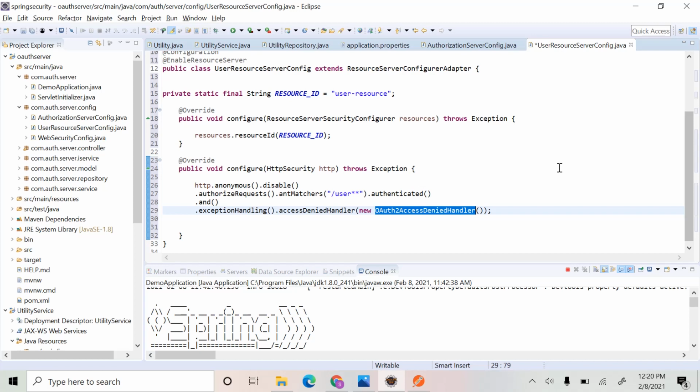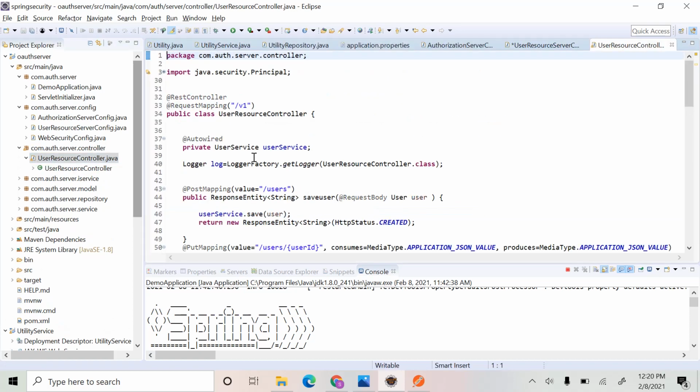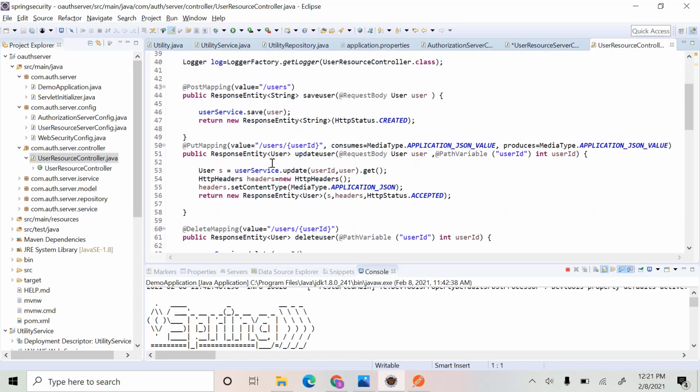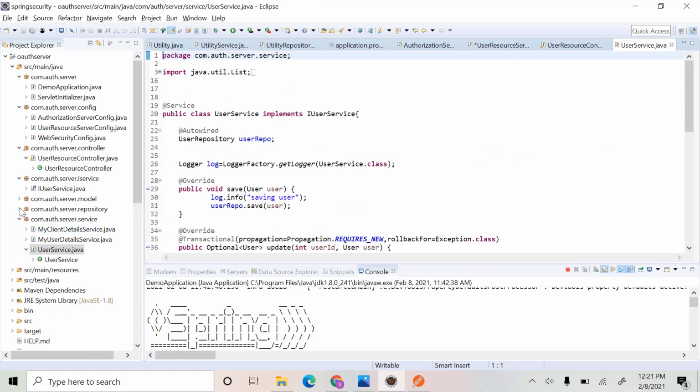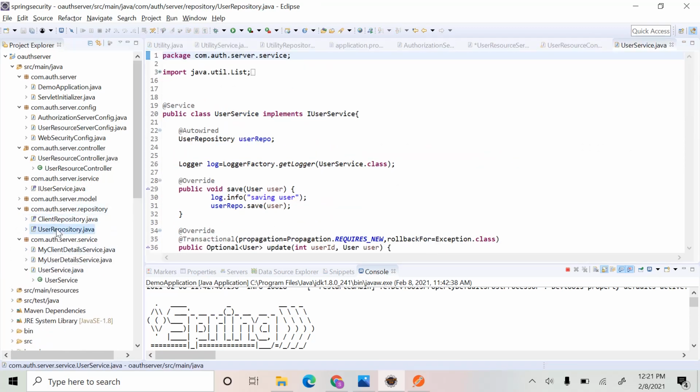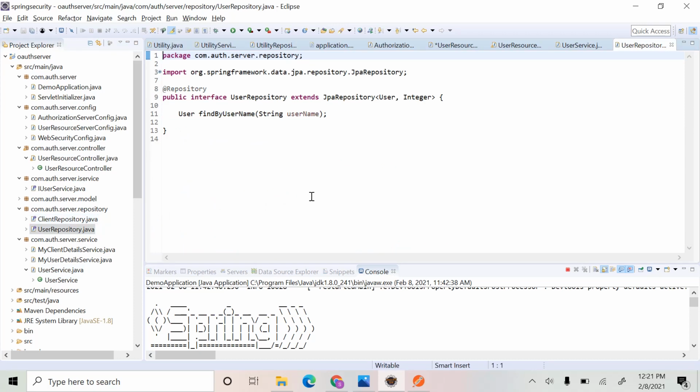Now in order to access the user resource, we need to create a controller, service and JPA repositories for the user resource too. So we have created a user resource controller where we can access the user's resource, a user service and a user repository too to access the user's resources.